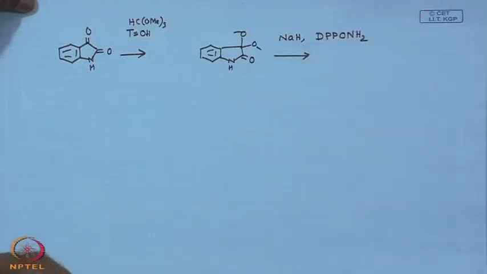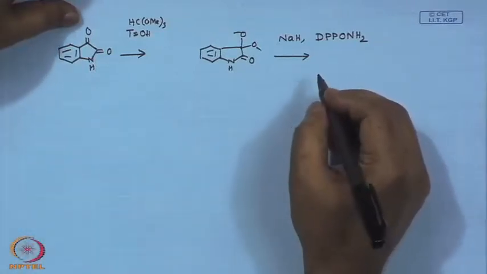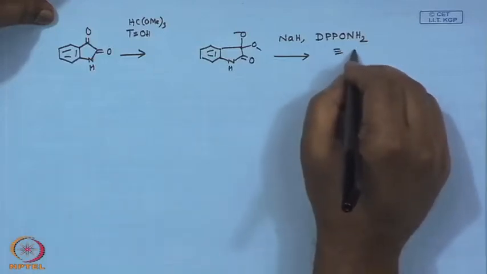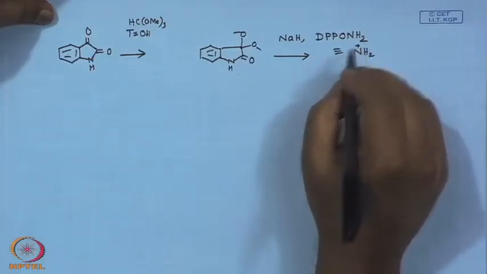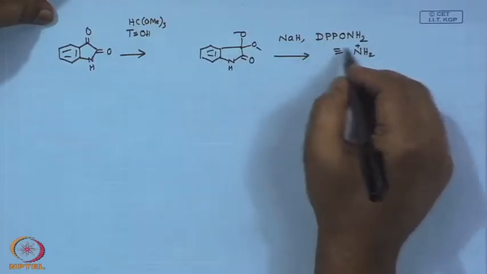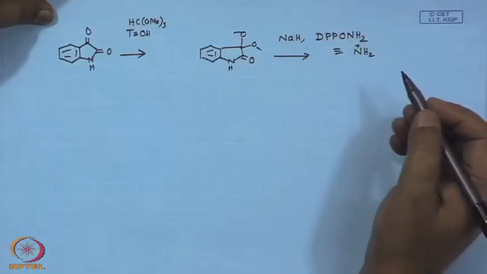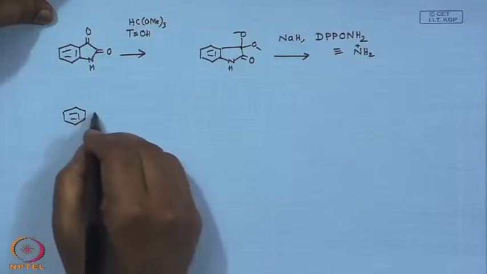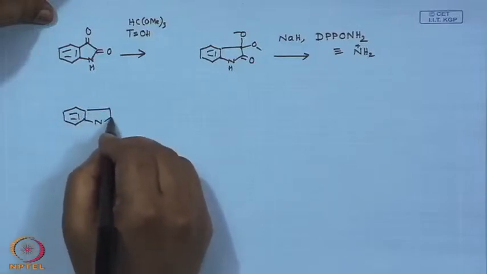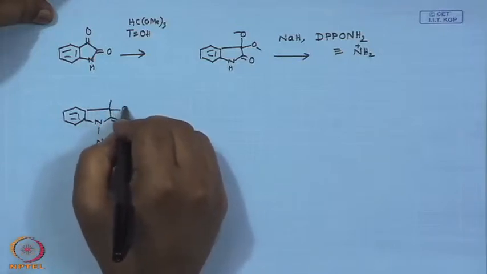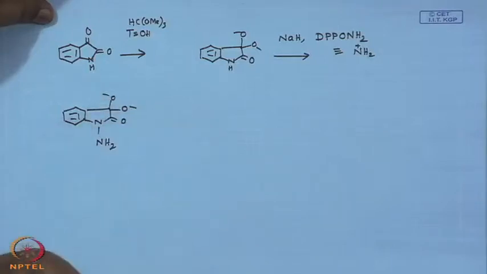DPPONH2. What is it? It is a source of, this is equivalent to, you can say NH2 plus, like NH2Cl. So, similarly this is equivalent to NH2 plus. So, you can guess what is the possible reaction. There is only one abstractable hydrogen which is sitting at nitrogen. So, this would aminate this nitrogen, and you will have the ketal as it is,